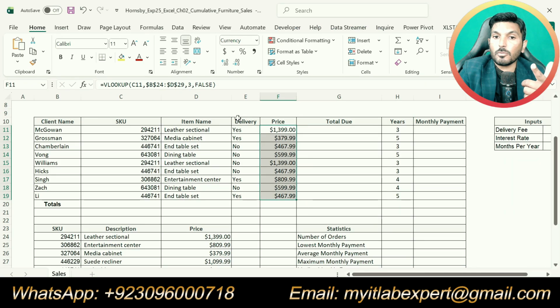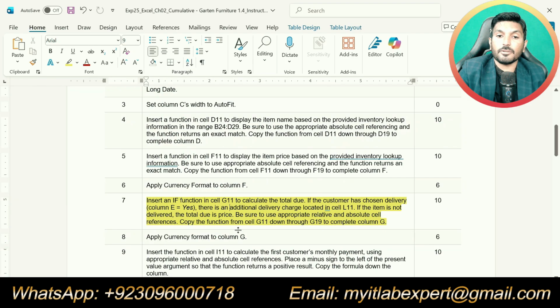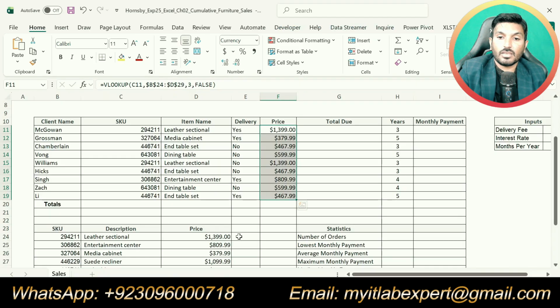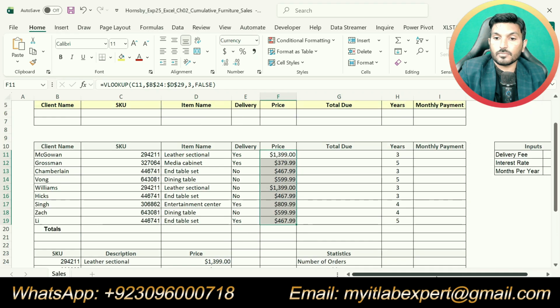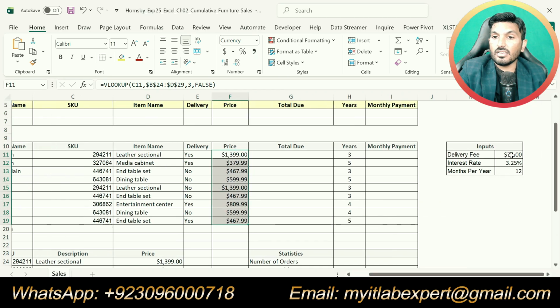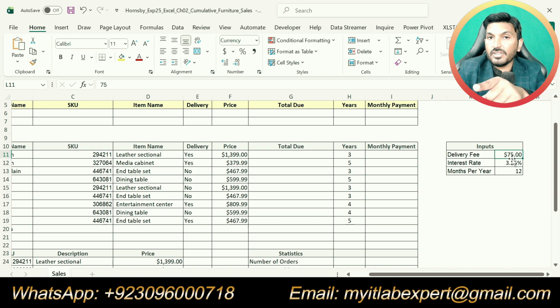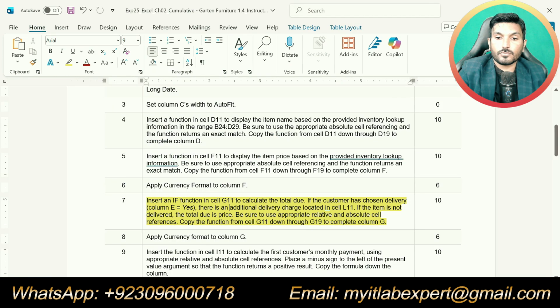Column E is talking about the delivery. So if the customer has chosen delivery, that's mean delivery is yes, then there is an additional delivery charges located in L11. So there will be additional delivery charges given in L11.